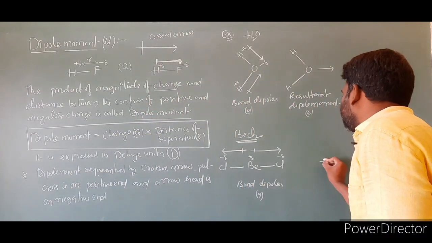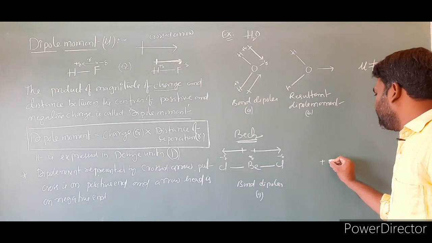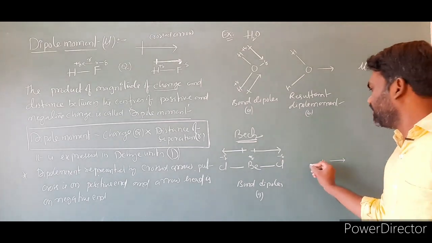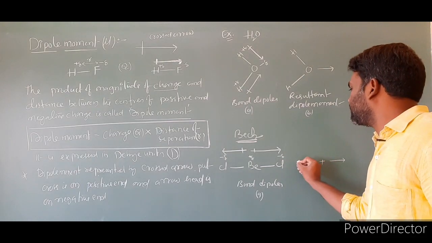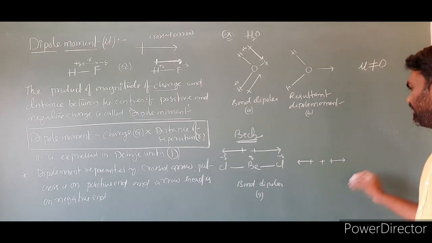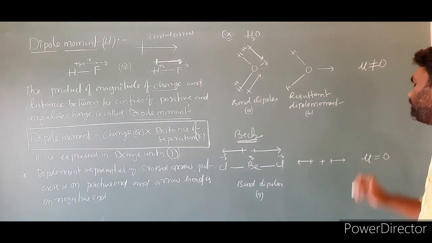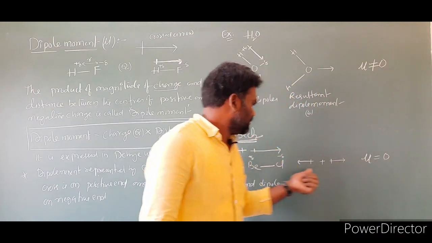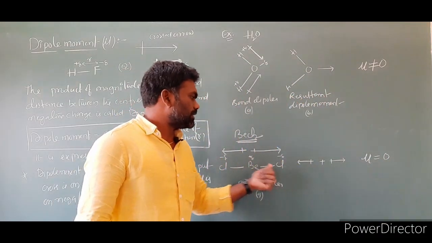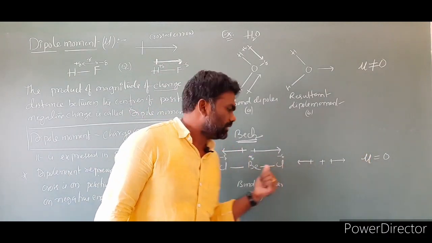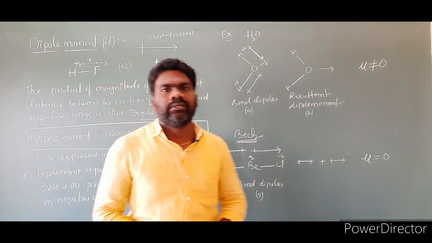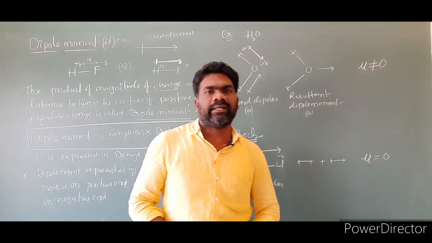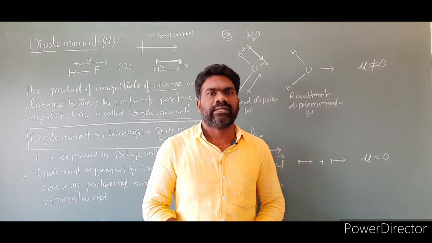This is the positive charge nucleus I am taking, and this is the resultant dipole moment of this negative charge, and this is the resultant dipole moment for the other negative charge. Clear? The net dipole moment mu is equal to 0. The resultant dipole moment for this molecule is 0, because for these two chlorines, this bond dipole moment is towards this direction and this bond dipole moment is towards this direction. So both are opposite in direction. As a result, the dipole moment will be taken as 0. So this is example 2.